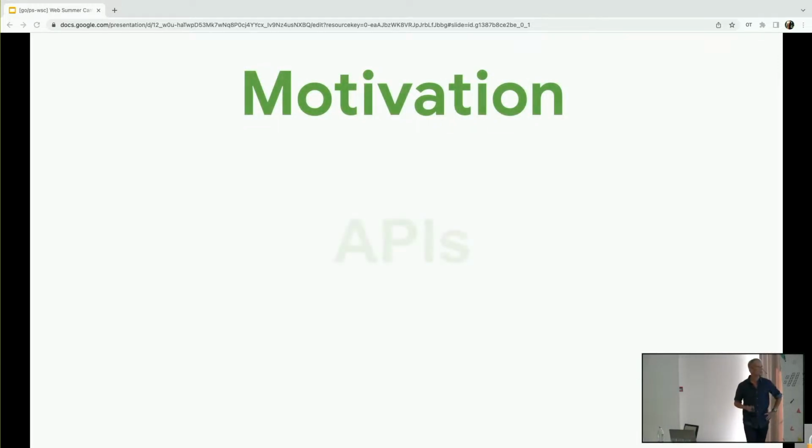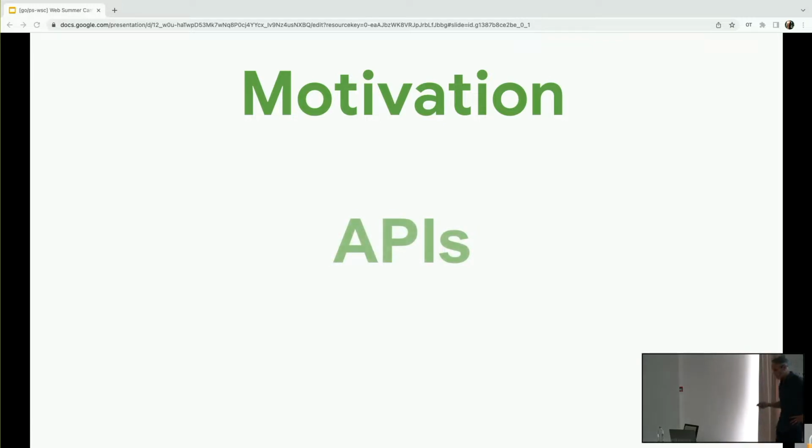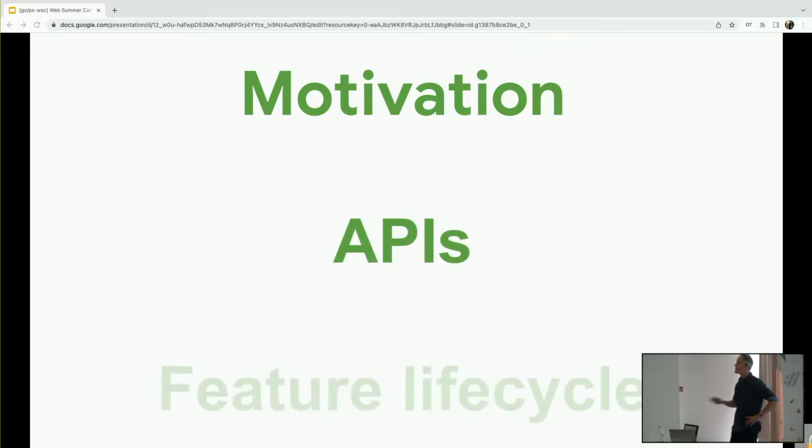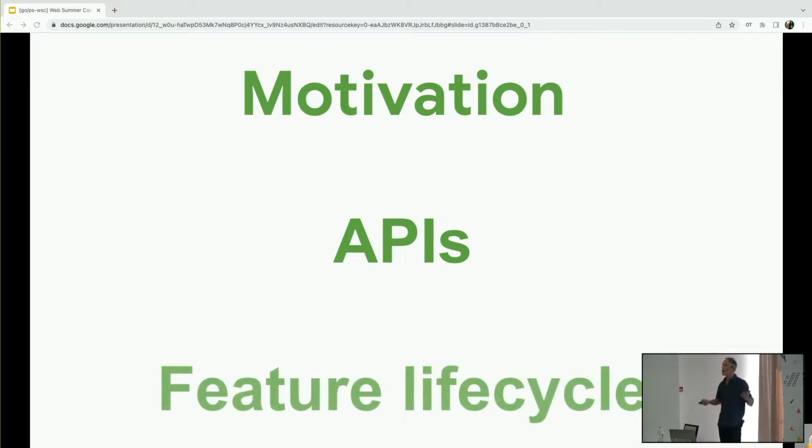So this talk is going to be in three parts. I want to talk about some of the reasons behind the Privacy Sandbox, so why Chrome chose to take on this project. Next I'd like to run through the APIs, not in huge technical detail, but how the APIs work, specifically what we call the ads APIs: Fledge, Topics, and Attribution Reporting.